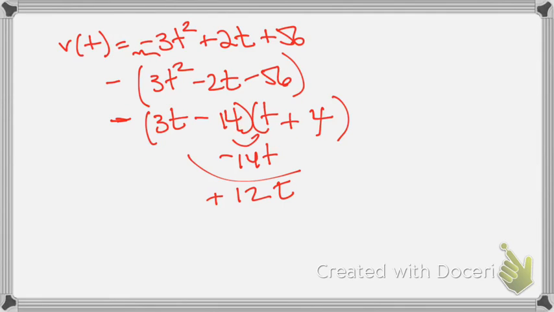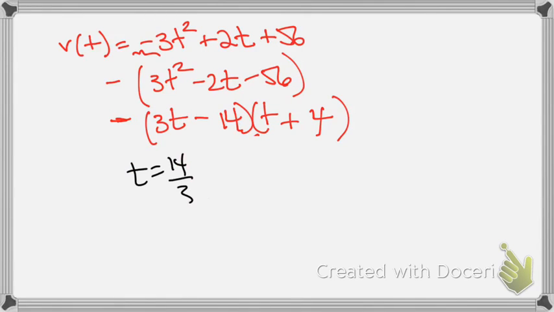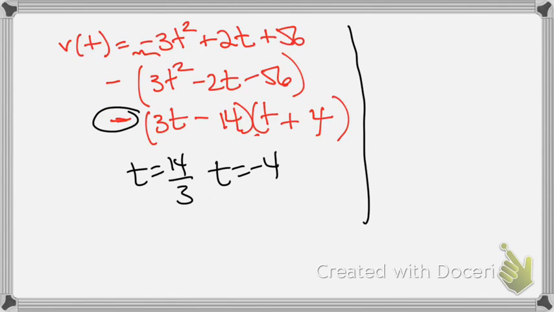Okay, so now that it's factored, set each factor equal to 0, and you'll get that t equals 14 thirds and t equals negative 4. Now the issue I think you're having is you didn't know what to do with this negative. So now that I've got that there, when I go to do my sign chart, we have a negative 4,